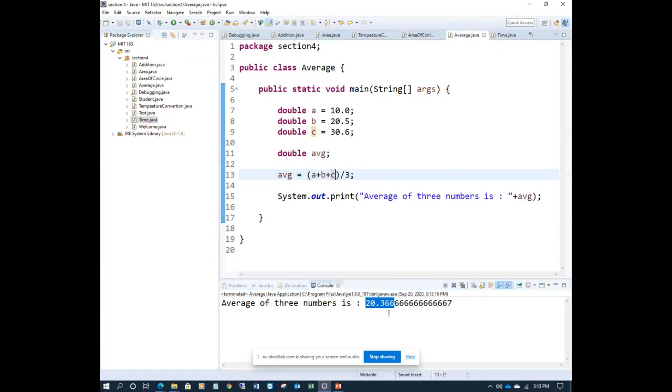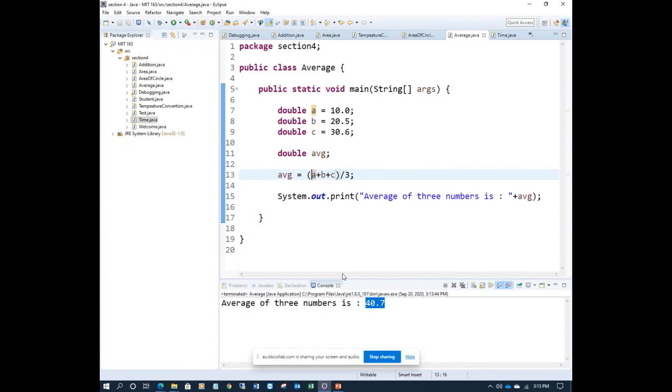Now if you make a mistake here and don't add the parentheses, what does it do? It will calculate A plus B, then it will divide only C by 3. So first it will take the division, then it will add B and C. You will see a different result. Previously it was 20. Now it doesn't give any error, but it's a formula equation error. This is incorrect. Run it and you will see 40.7, right? It's not correct. The average of all numbers should be a division of the whole sum. Hope everyone understands this.